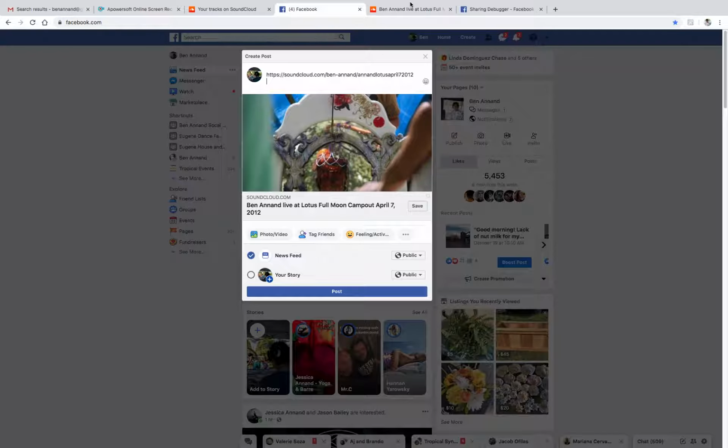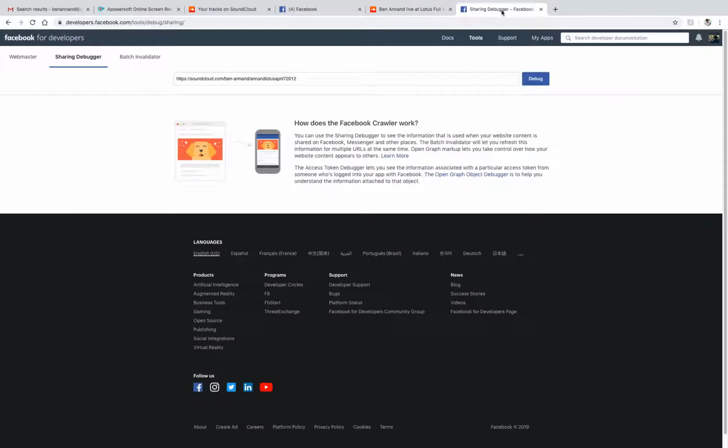So it's going to take a few steps, but the tool that you use is called the Sharing Debugger on Facebook, and it is developers.facebook.com/tools/debug/sharing, which is that link at the top right there. And when you type in this link, then it'll bring up this Facebook for Developers page, and it gives you a search box here where you can paste your link that you want to debug. So if I paste it as is now,